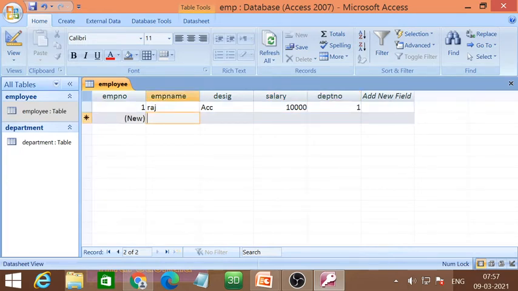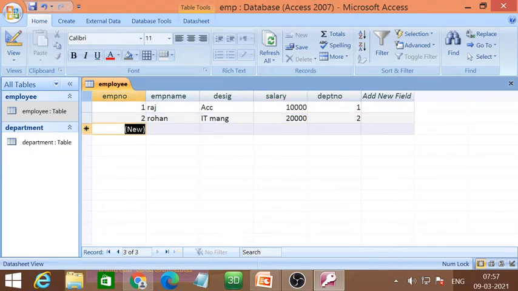Second is Rohan. Designation is IT manager. Salary is 20,000 and department number is 2.